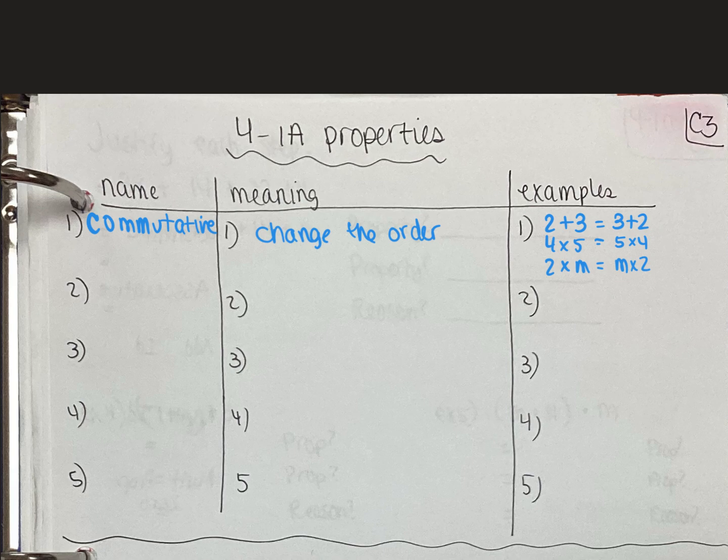Our second property is the associative property. The associative property needs to have at least 3 numbers, and we can group the numbers differently. Another way of saying this is we can do PEMDAS